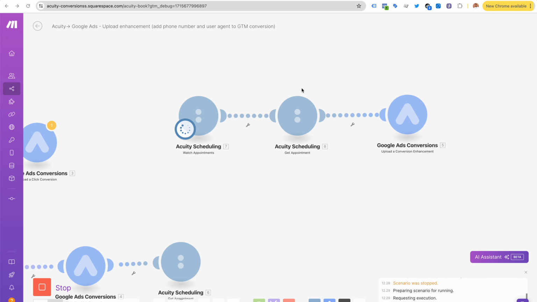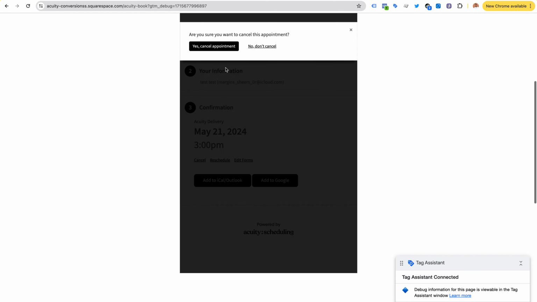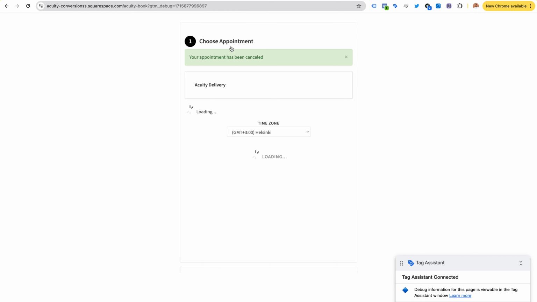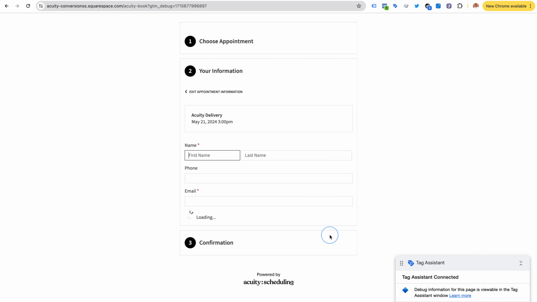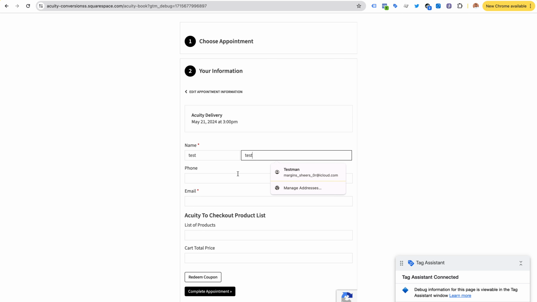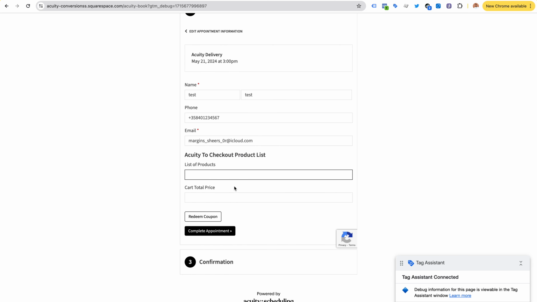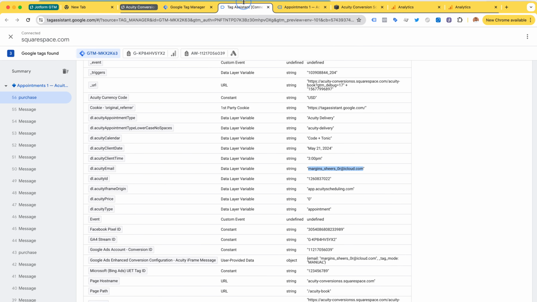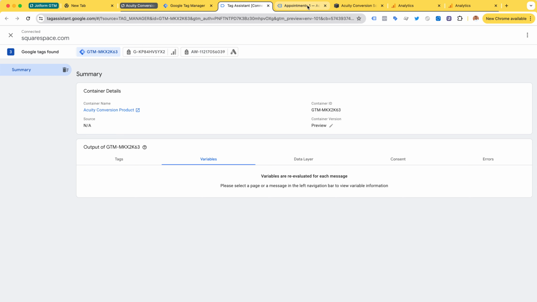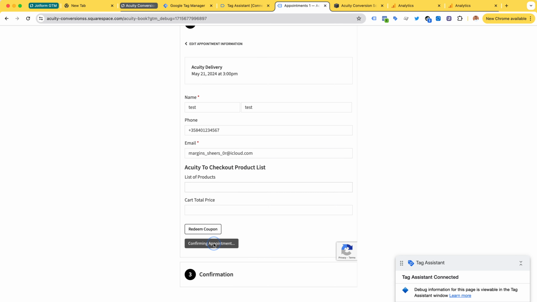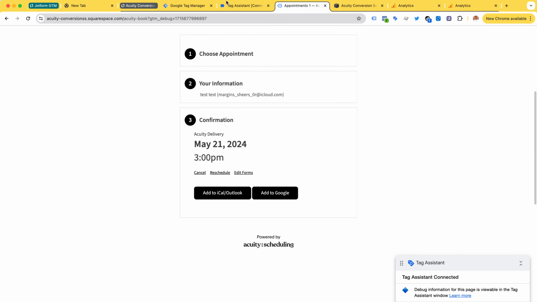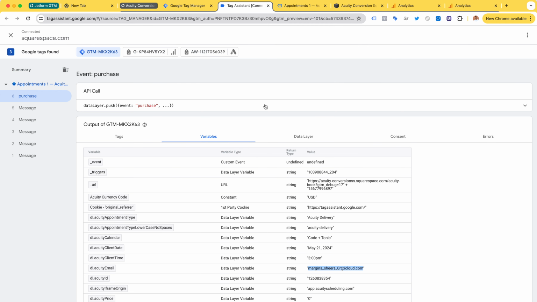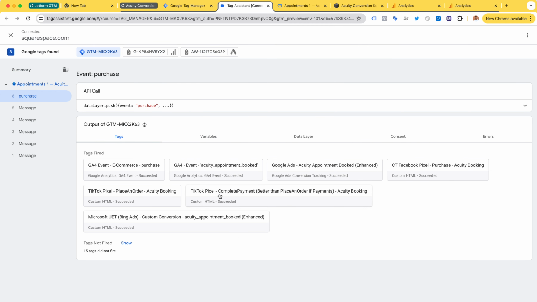So I'm going to enable my automation here, and I'm going to make a new booking here. All right, so 3 p.m. test, dummy phone number, just 1, 2, 3, 4, 5, 6, 7, and then the same email. So in Google Tag Assistant, I'm gonna clear this up. So complete the appointment, and now in Google Tag Assistant we can see that we are sending our conversion tags